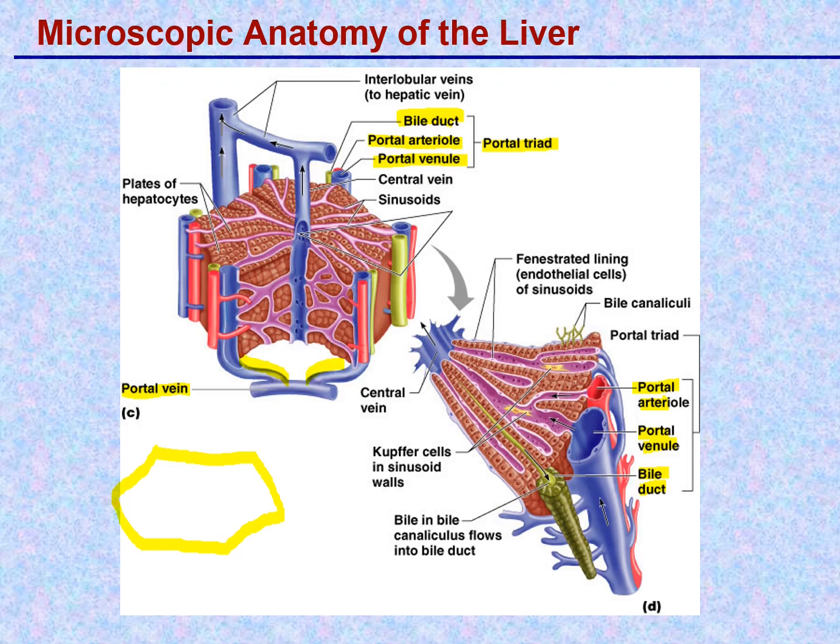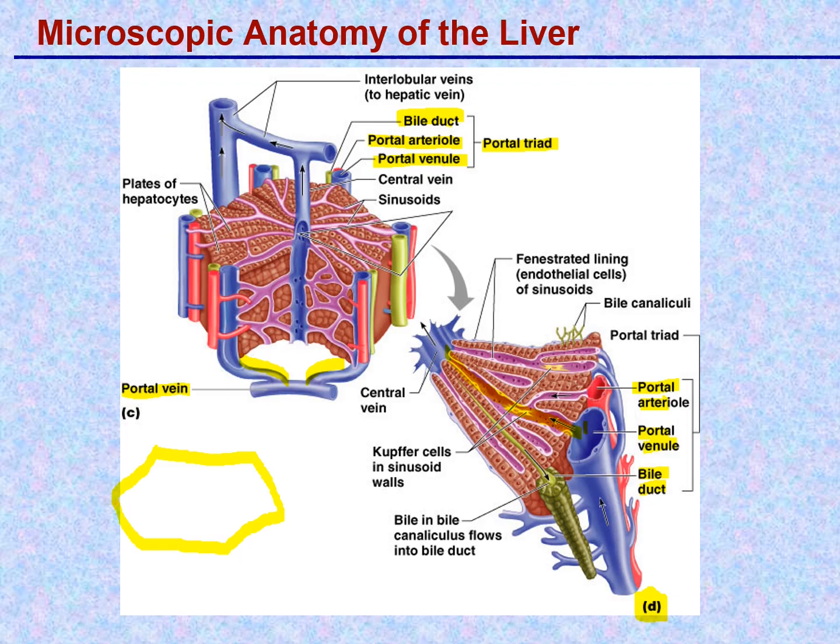And so you have venous blood that's nutrient rich, may have a few bacteria, may have a few toxins in it, that's entering into the liver lobule at the corners at the portal triad, and the blood then flows, and we should look here in this diagram at D here in the lower right. The blood then leaves the portal venule and goes in between these cords of